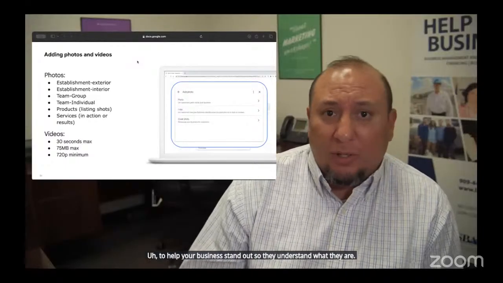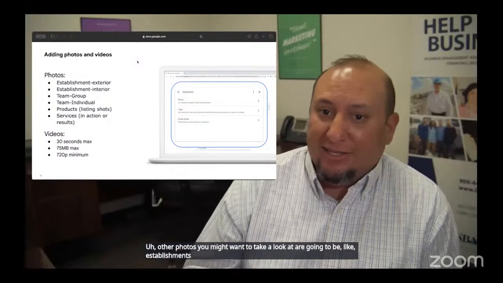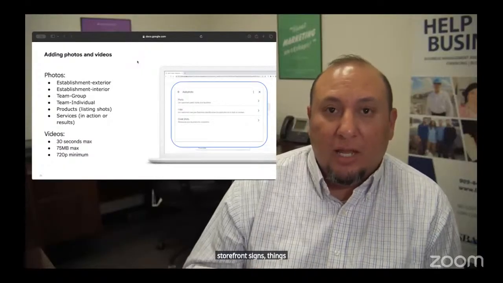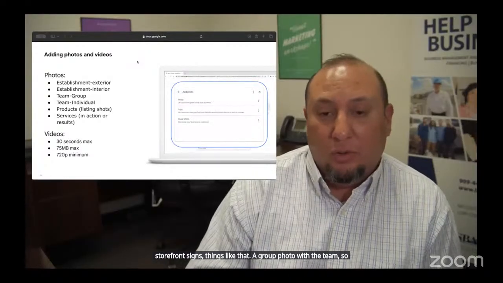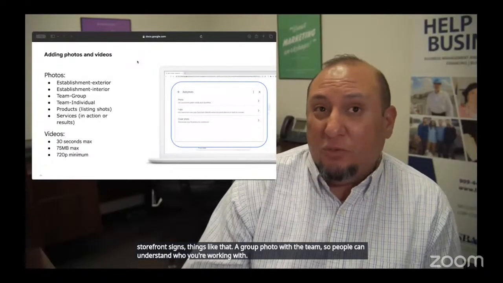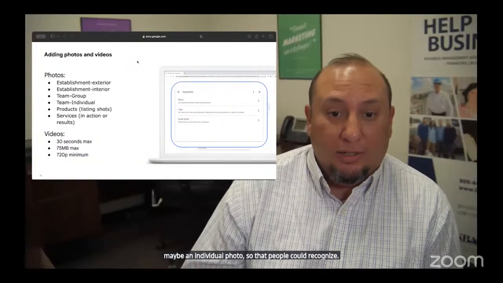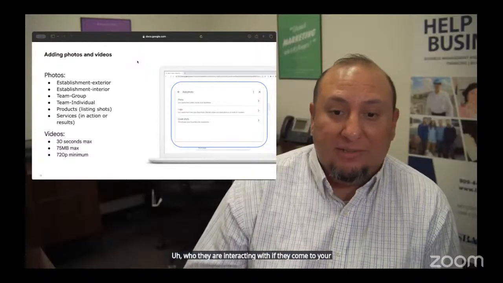Other photos you might want to take a look at are going to be like establishments. So the outside and the inside of your business, storefront, signs, things like that. A group photo with the team so people can understand who you're working with. Maybe an individual photo so that people can recognize who they are interacting with if they come to your store or your business.